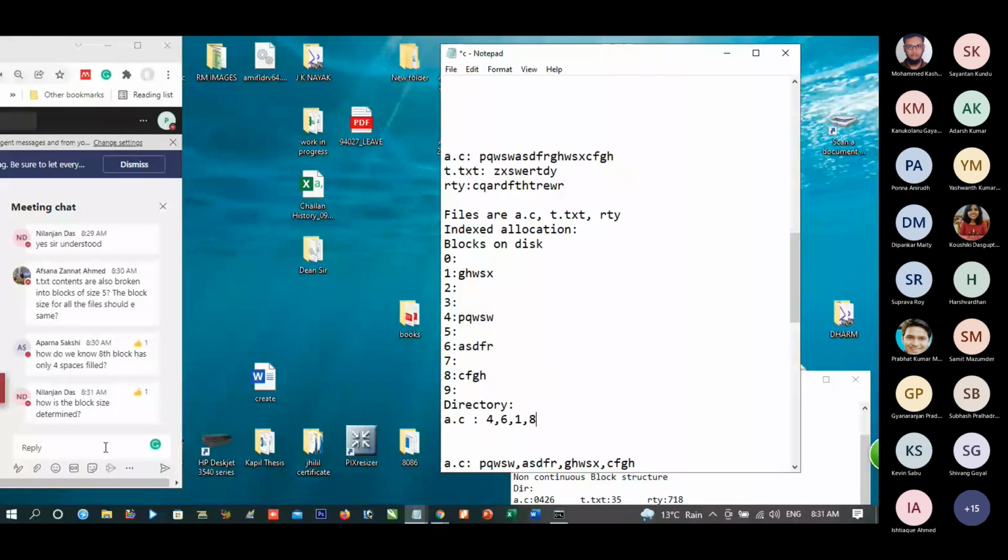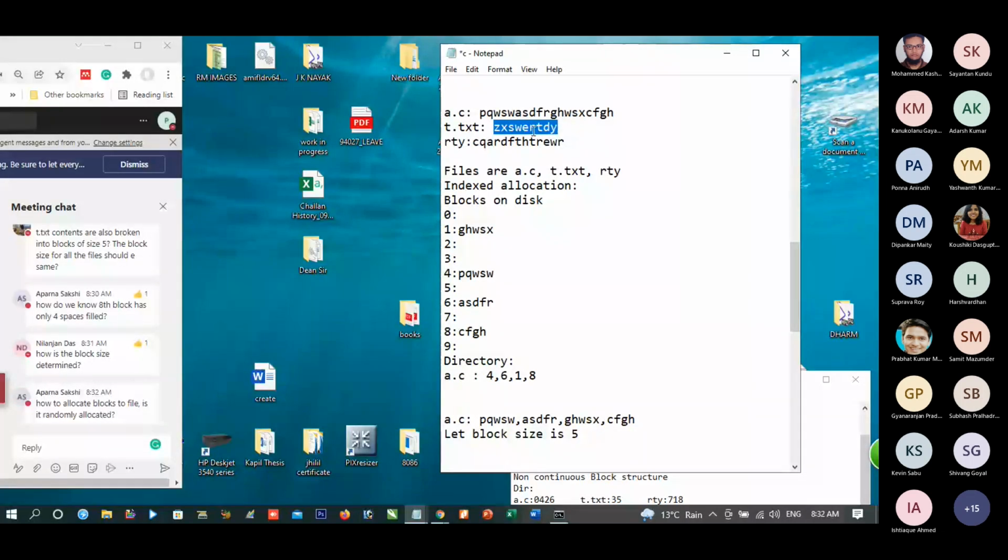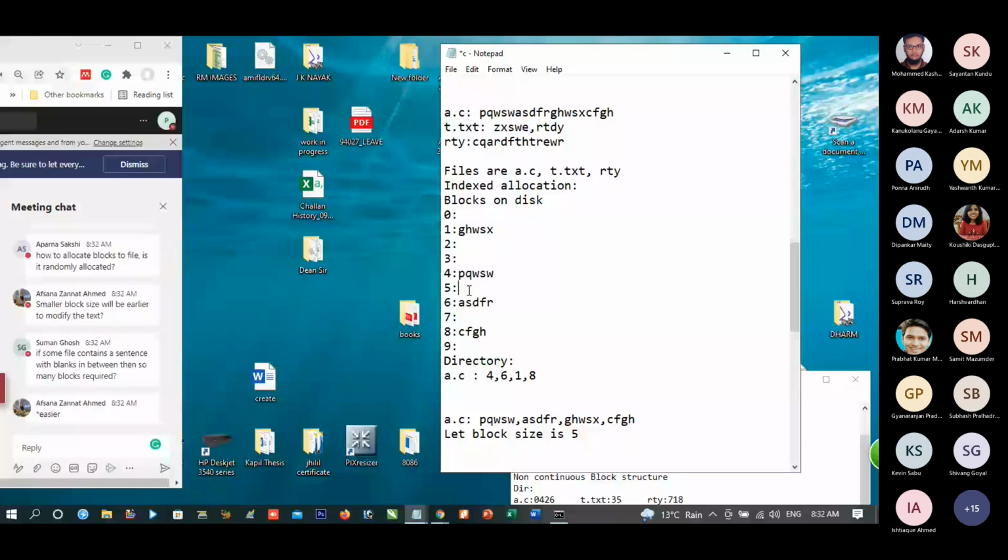So let us see t.text also. We are breaking it into blocks of size 5. RTD.